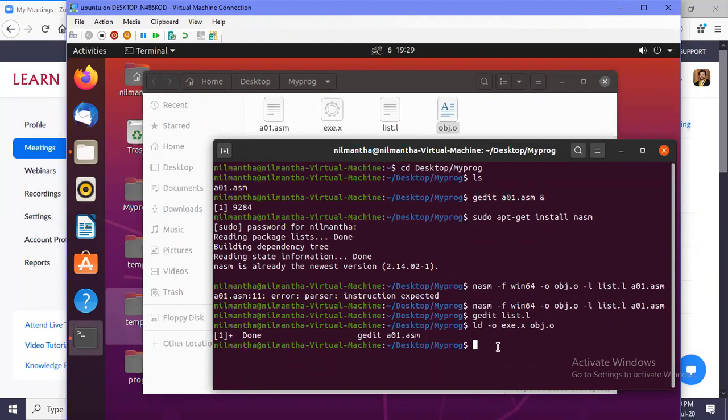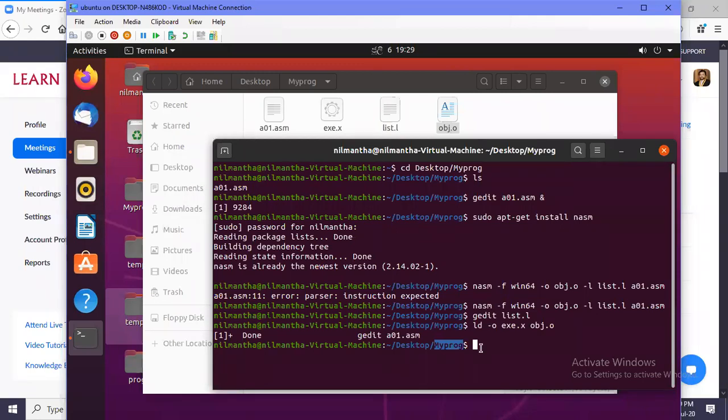Since we are in this directory inside my program, and this executable file is also in this directory, we have to say that this executable file is in this directory.